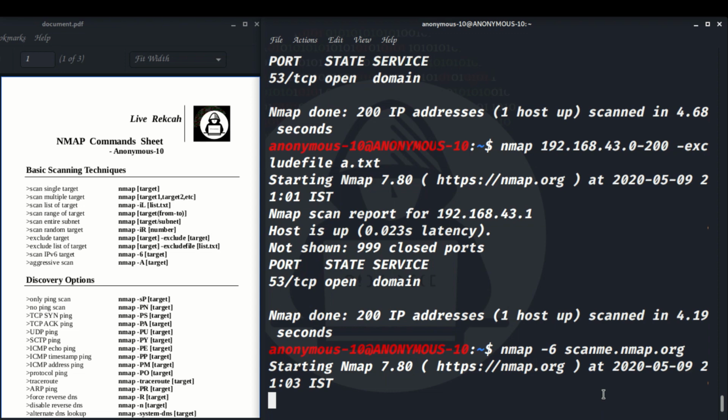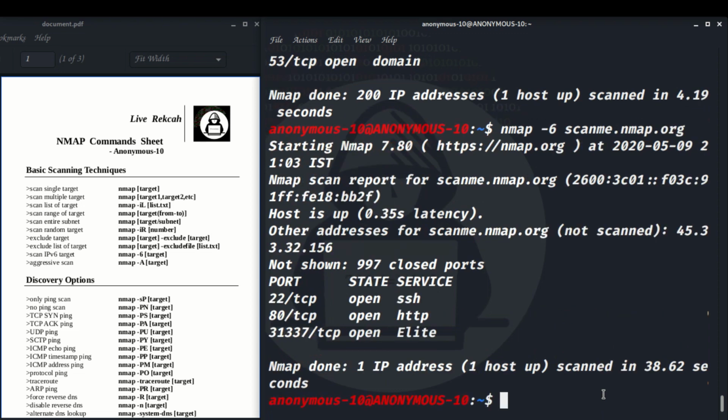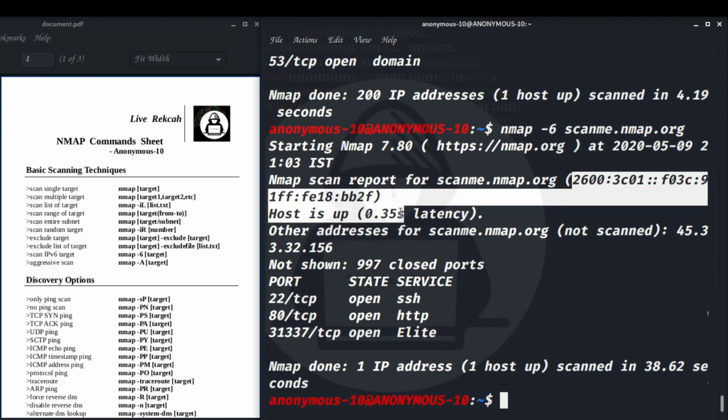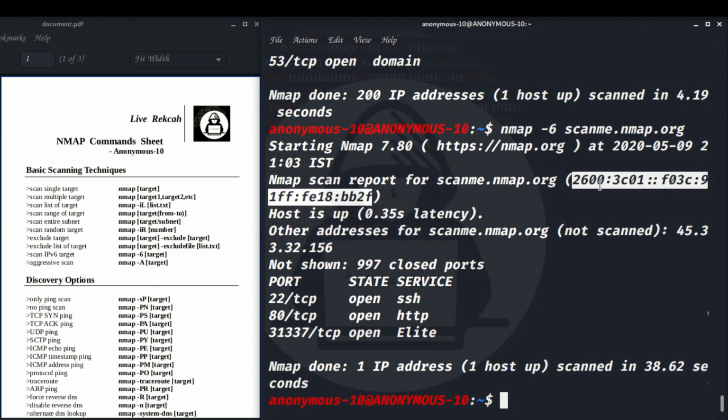I didn't get results till now. Yeah, it shows me nmap's result for the scan. Host is up. Actually, this is the IP address version 6. It shows me the IP address version 6.